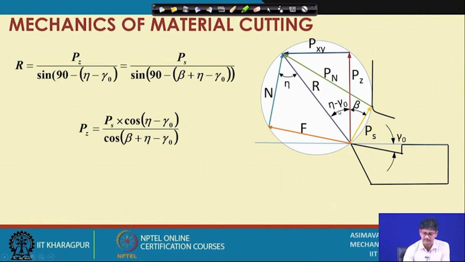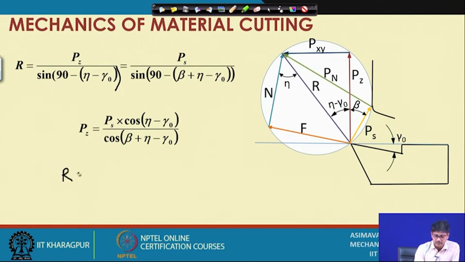Oh, I think we can do it in an easier manner than what is written. Okay. First of all, let us see what we have stated here. First of all, there should be another bracket here. Pz by sine. So we have used that particular formula, A by sine A is equal to B by sine B, that we can do. We could have also simply taken components. For example, if we write from here,